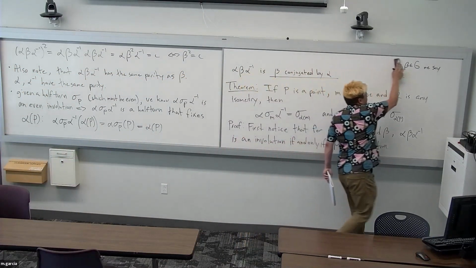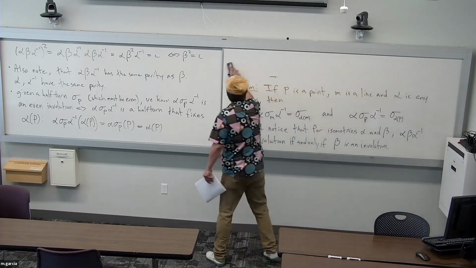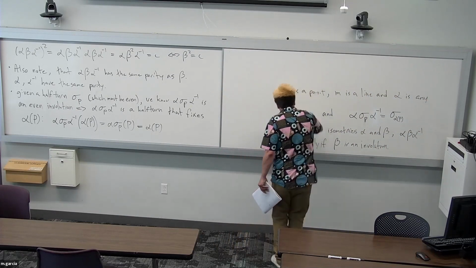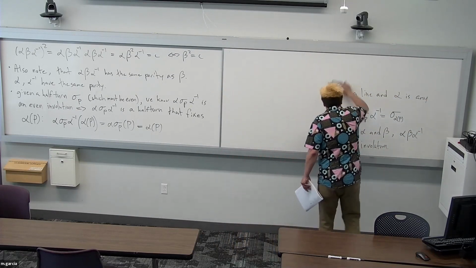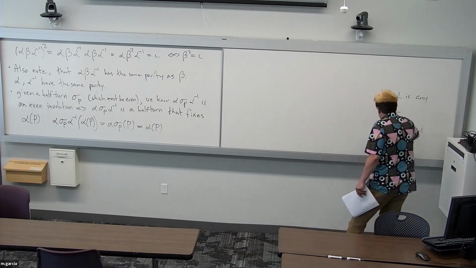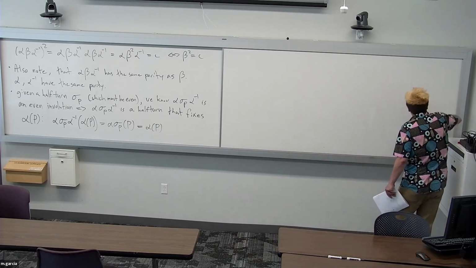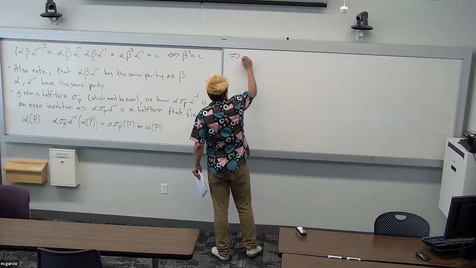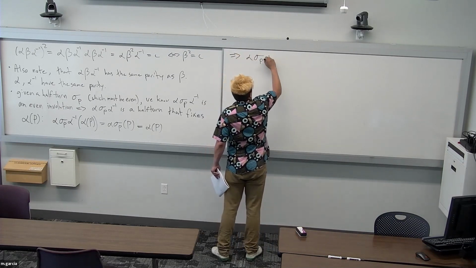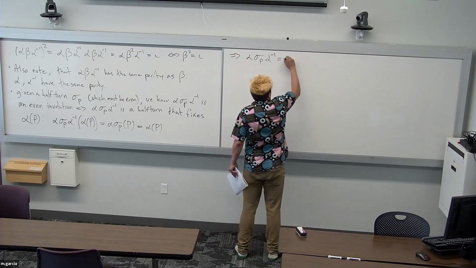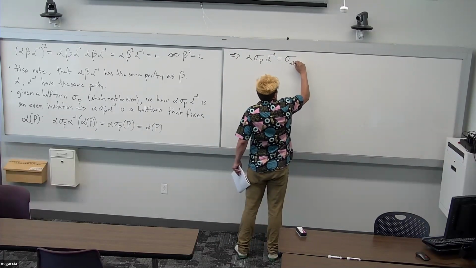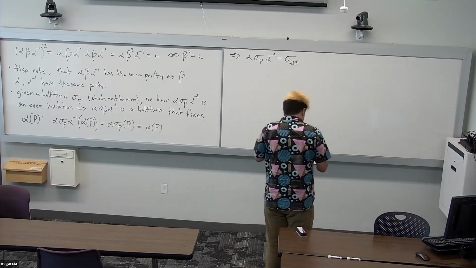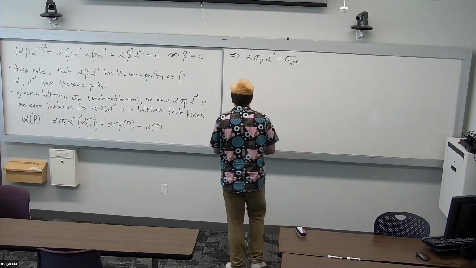So, in other words, I can write alpha sigma sub p alpha inverse as sigma sub alpha of p, right? That is to say, the half turn that fixes alpha of p. Okay? All right, so